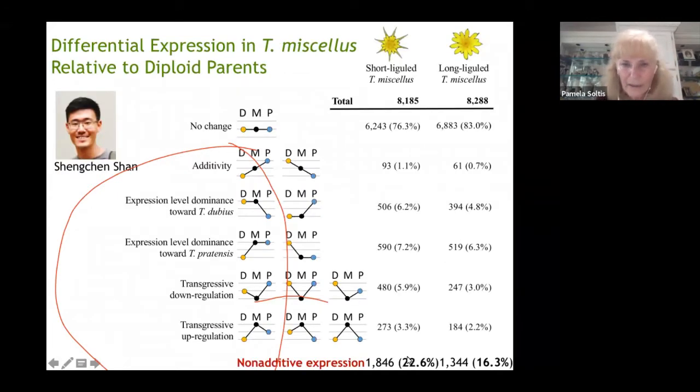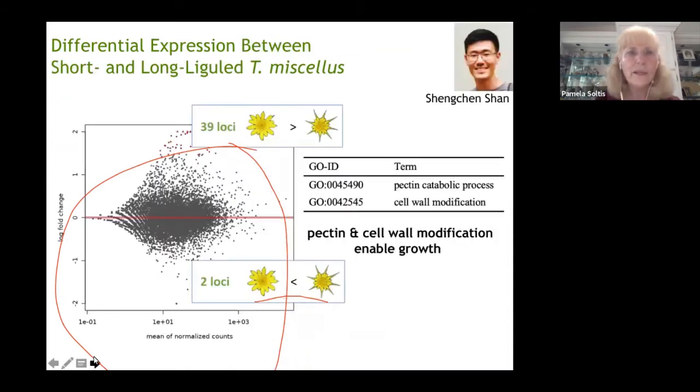So at the bottom here, this just summarizes these non-additive expression patterns. So the short liguled form has about 23% non-additive expression, the long liguled form about 16% non-additive expression. And then when we hone in on those loci where we can see differences between the long liguled and short liguled forms, there are 39 loci that are upregulated in the long liguled relative to the short liguled form, and 2 that are downregulated in the long liguled relative to the